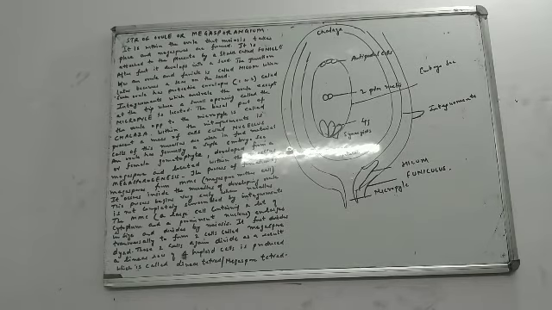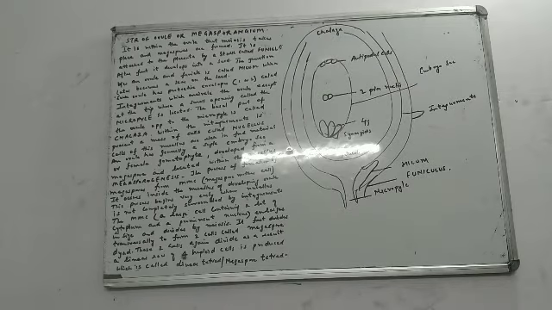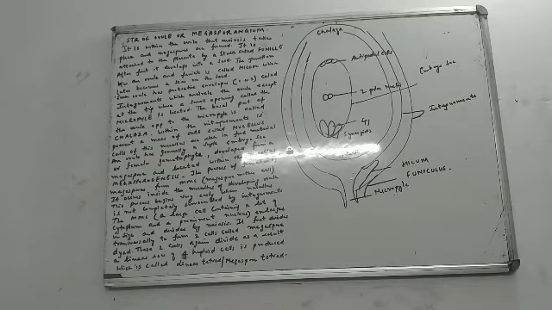Where does this megasporogenesis take place? It occurs inside the nucellus of the developing ovule. If you remember, I told you cells of the nucellus are rich in reserve food material. So this process, the formation of megaspores from megaspore mother cell, occurs inside the nucellus of a developing ovule. It begins very early, so early that even when the nucellus is not completely surrounded by integuments the process of megasporogenesis starts. That means it starts when the ovule is still in the development process.